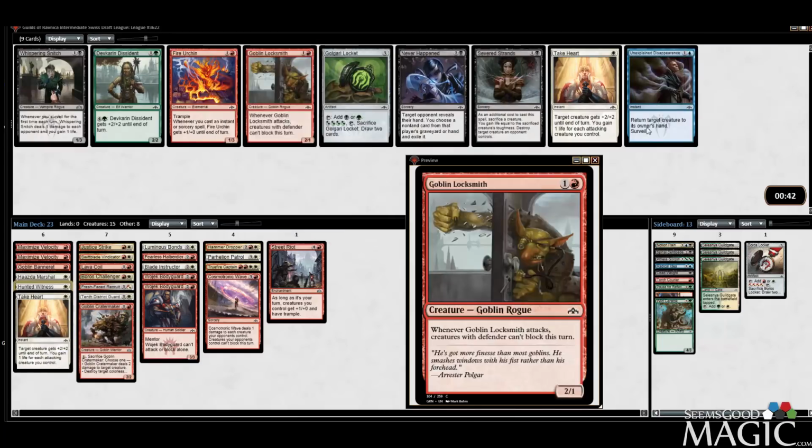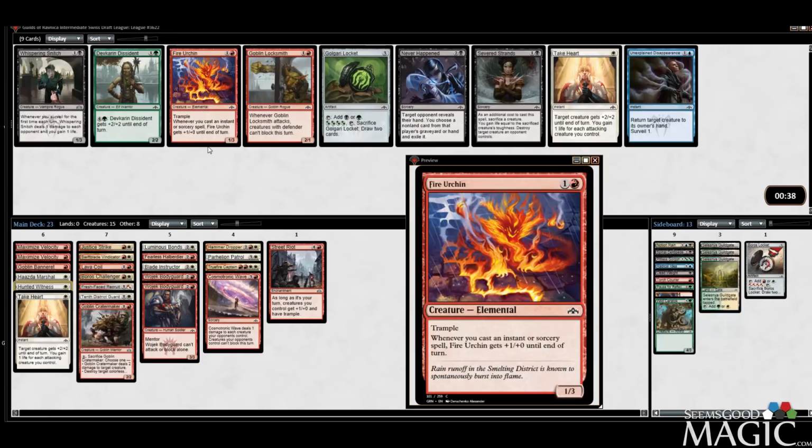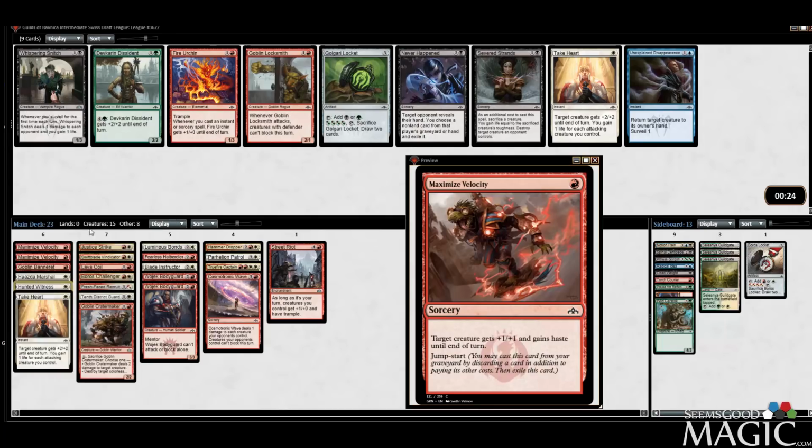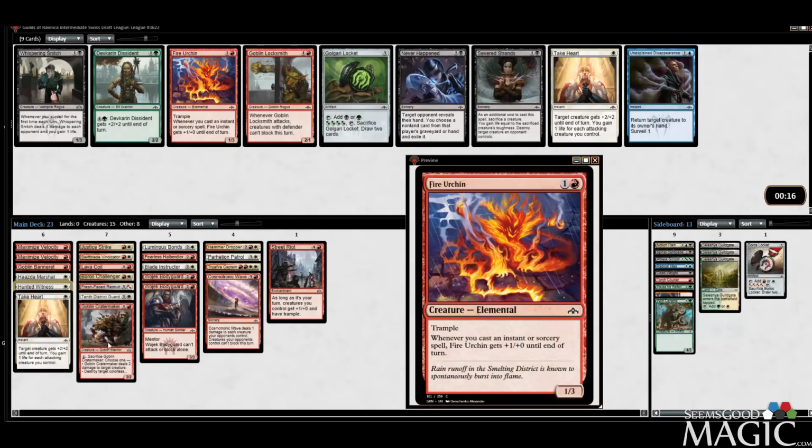Can take the Locksmith, can take another Take Heart. I kind of like that. There's also Fire Urchin, which is quite good with Mentor. Space for one more card. Tempted to take the Urchin, simply because of all the...